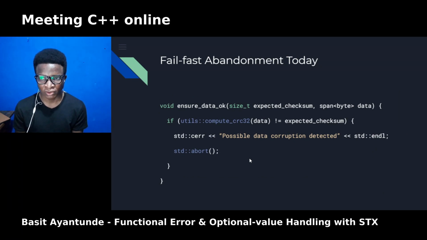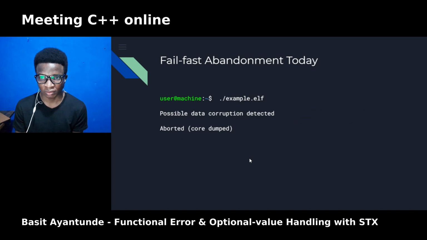Now let's try to provide more context by writing the fatal error report to standard error. So instead of the previous one where we just plainly abort, at least we'll give the user a little information about the error. That's fair enough, but we were able to provide some context, and the user can now have an idea of what the fatal failure was, and that would help guide our investigation. But all we see is the error message. We don't get a source context, where the error occurred in the source code. For example, which part of the code did it occur in?